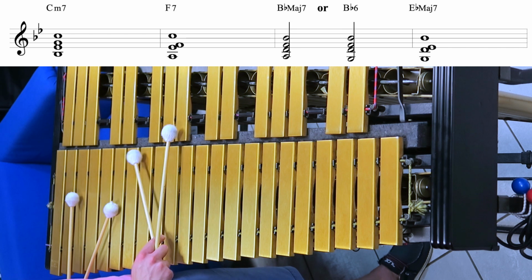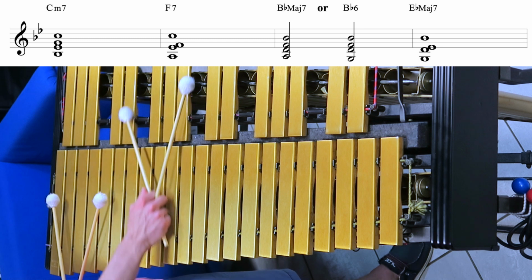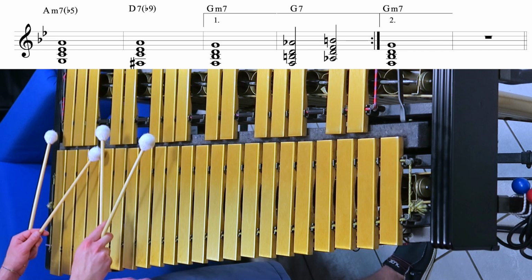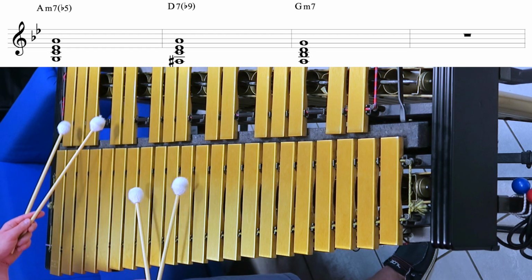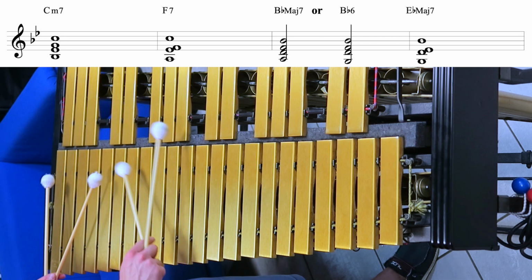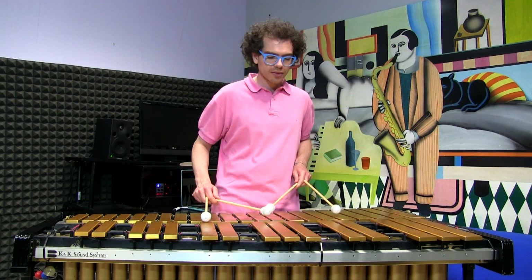We can either play this voicing that is kind of dissonant. We could also play B flat major with the 6th as a bottom note. Then E flat major to A minor 7 flat 5, D7 to G minor. And then A minor 7 flat 5, D7, G minor. C minor to F7 to B flat major 7. And then E flat major 7 to A minor 7 flat 5,